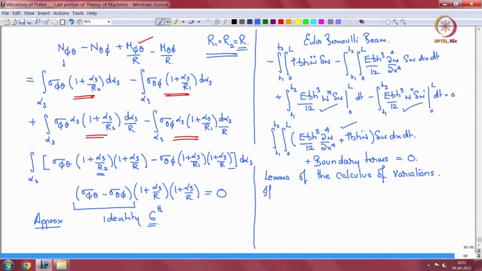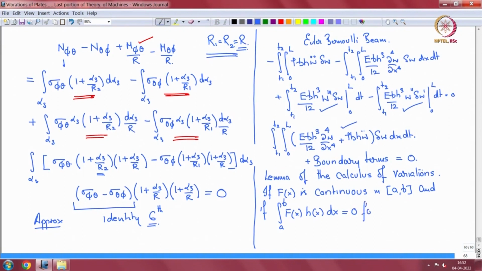If f of x is continuous in some interval AB, and if the integral from a to b of f of x and some h of x dx is 0